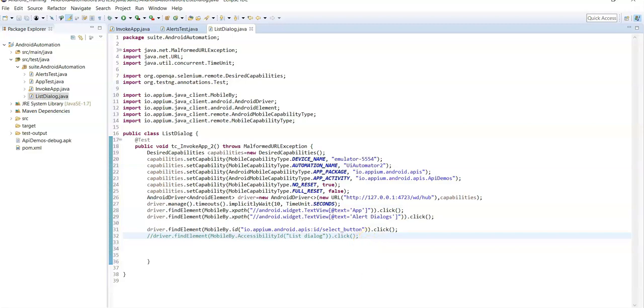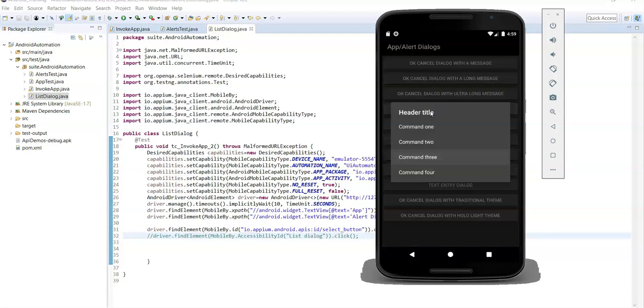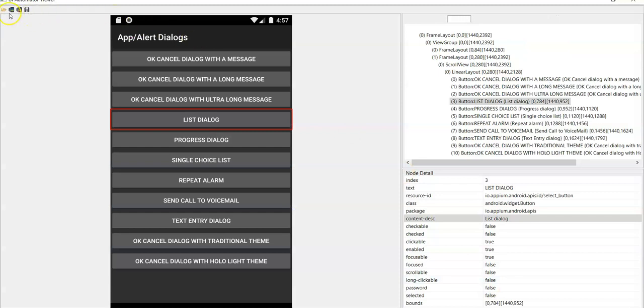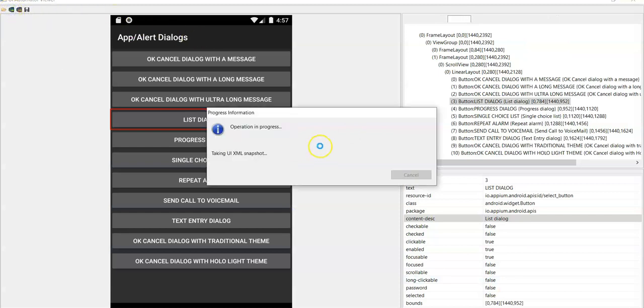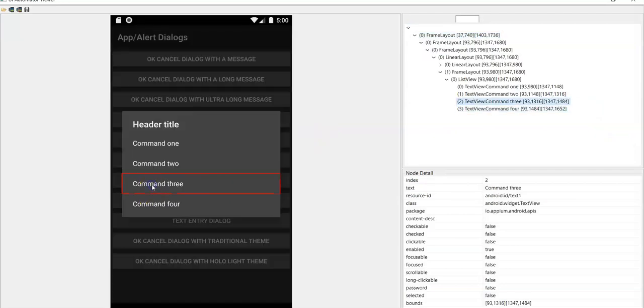Now after performing the click action on the list dialog button, the third step is to perform a click on Command 3. So now you need to identify the locator for this Command 3. So go to UI Automator Viewer and click on device screenshot. Now click on Command 3.